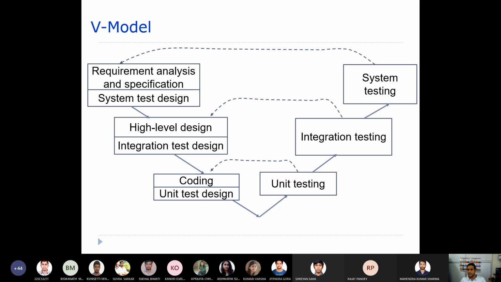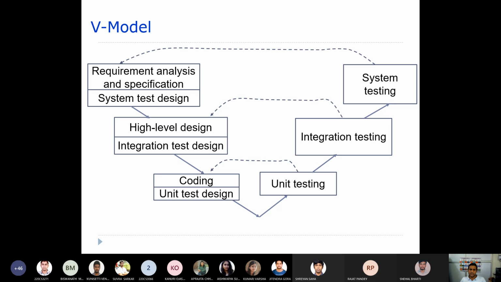Validation is usually the testing part, right? So you have unit testing, integration testing, and system testing. Now what we try to do here is develop system test design, that means we design system test cases while doing requirement analysis and specification.